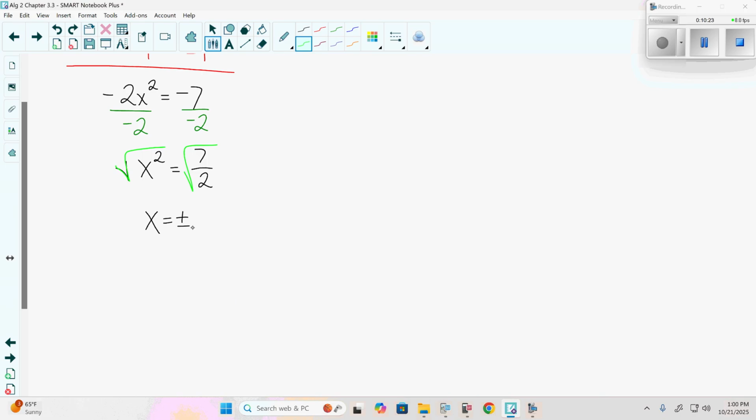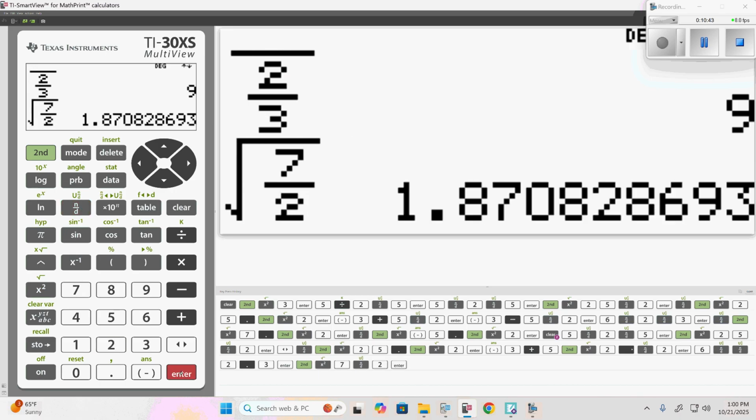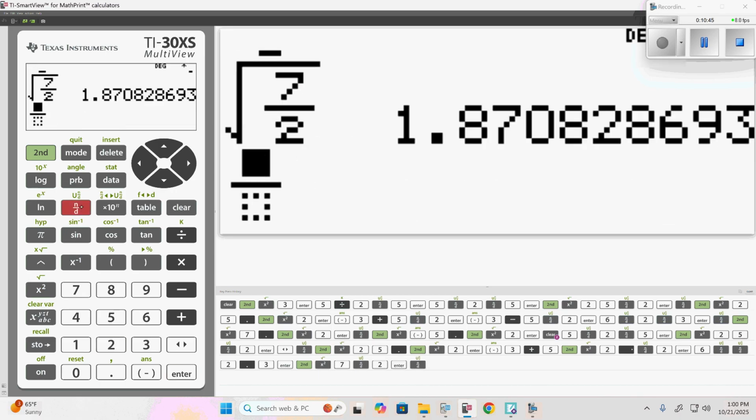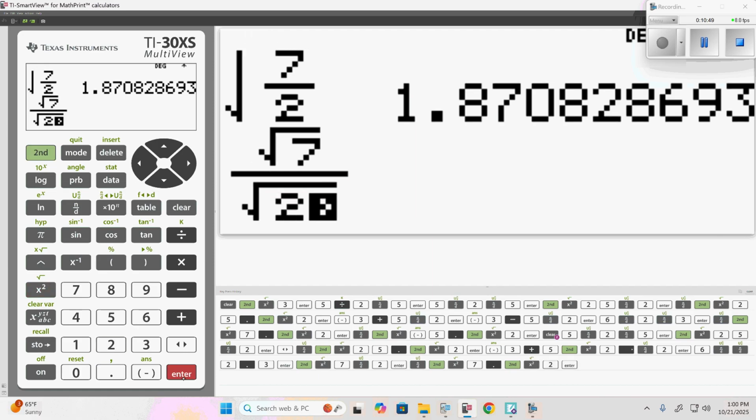Now, the next thing we need to do is simplify our square root of 7/2. If we wanted to do this in a calculator, we have to break it up into the square root of 7 over the square root of 2, because if we just try to take the square root of 7/2, it's going to give us a decimal. We want to leave it in simplest radical form,